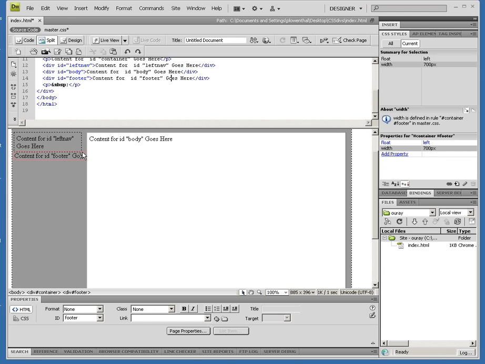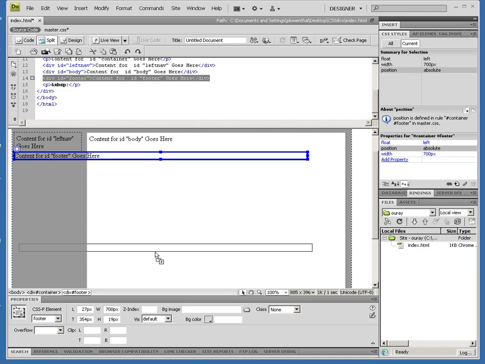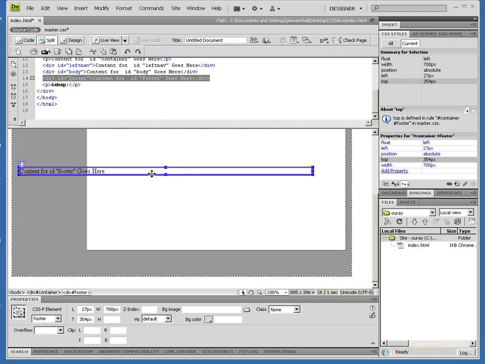So now I'm going to click on this footer. I'm going to add a position. Click on absolute, and then I'm going to click and drag that down where I want it. In this case, because it's really going to,